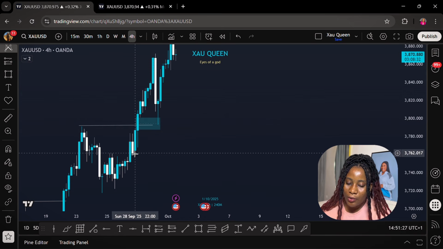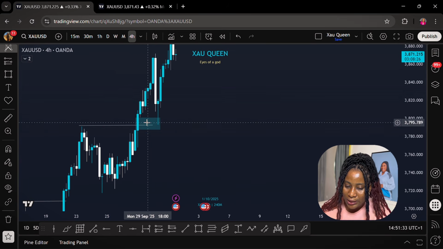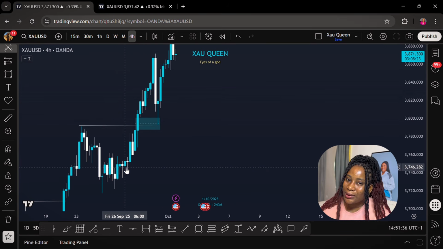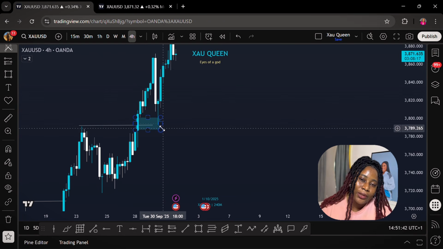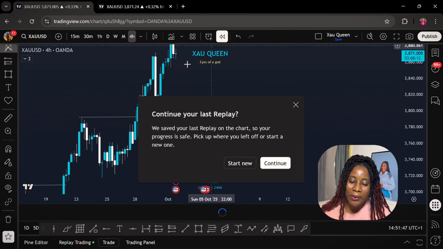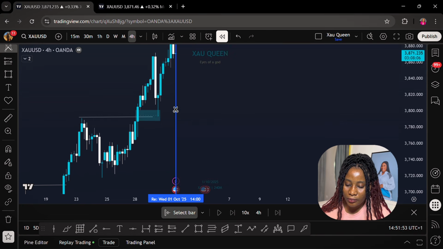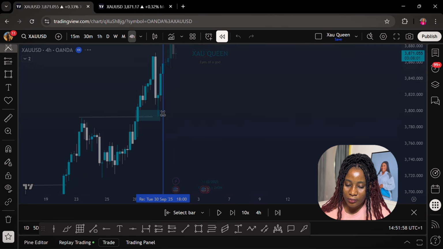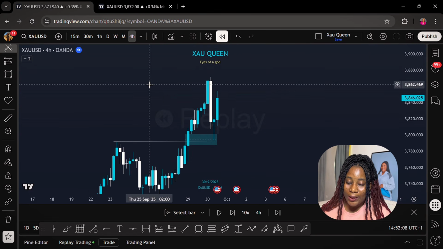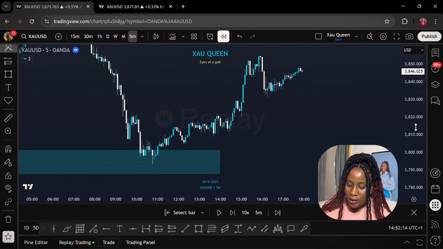And also, how was I sure that this FVG was going to hold? There are valid order blocks down here. Why won't price just sweep all this and then come and use the order block? I don't know. I'm not a market maker. So what did I do? I simply waited for price to tap into this 4 hours FVG, and then I went to the 5